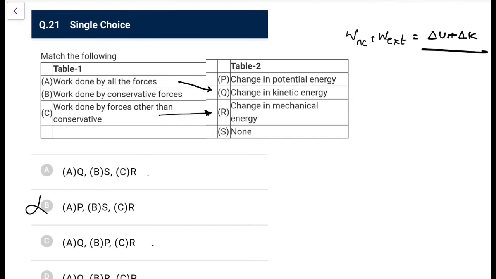So now what to tick? Now work done by conservative force. Ideally it is linked to change in potential energy, though it is negative of delta U, but it's tough to say. So I'll personally suggest that this option must not be there. Otherwise, I would have easily ticked for it, but right now it could also be the answer. And what they have given is A.